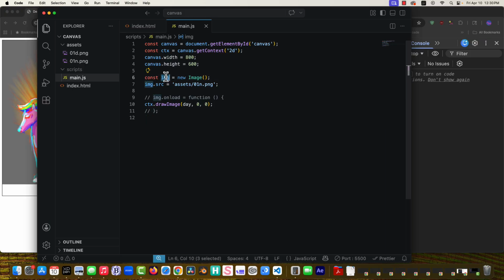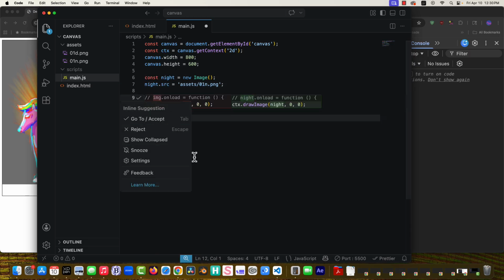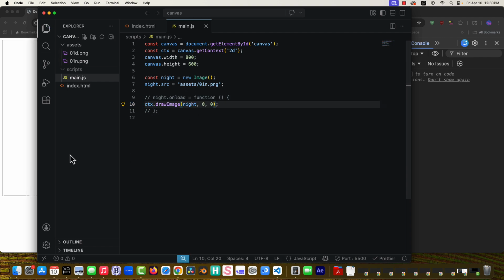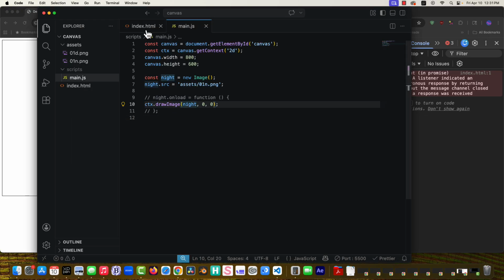And with this, I will call this one night. Will be a new image, and then this would be night source equals that. So that matches kind of what we had with day and night. And then we'll change that to night there. And if we want to draw night in it, save. And okay, we got a little bit of grumpness going on there. Let's see, we have night turned off there. Night. It's a new image, night source is